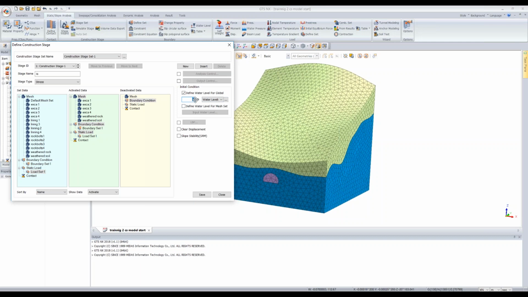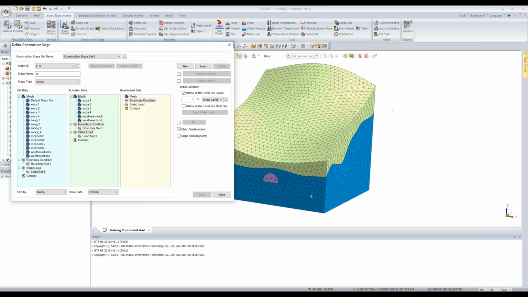Had I given this a higher value, it becomes a multiplier, or a lower value, it becomes like a divider of it. So we'll leave that at 1. And the other thing we're going to do is clear the displacement. Just like we saw in the static case in the previous example, most of the internal stresses or displacements were due to the shape of the terrain itself. The self-weight is going to push some of the terrain and create some internal stresses in it. We want to clear that because we only want the results to be focused on, in this case,